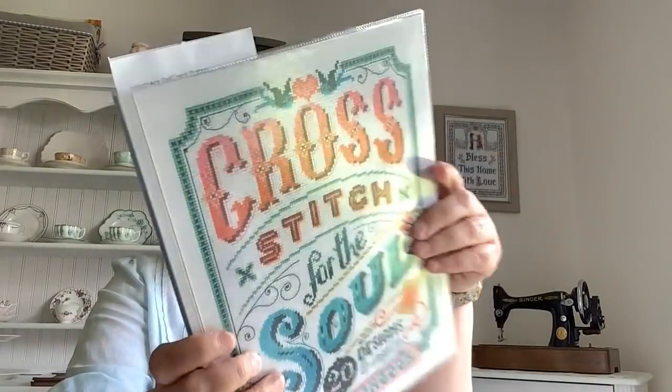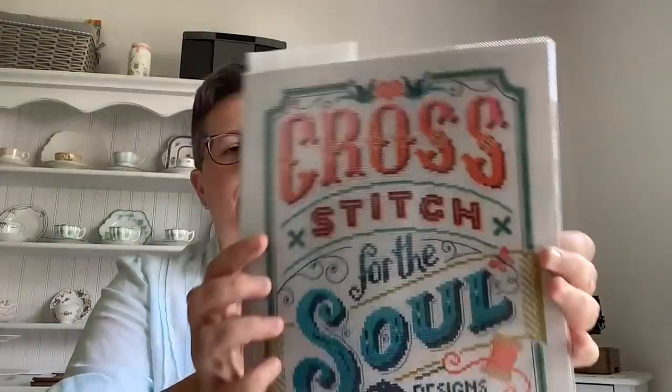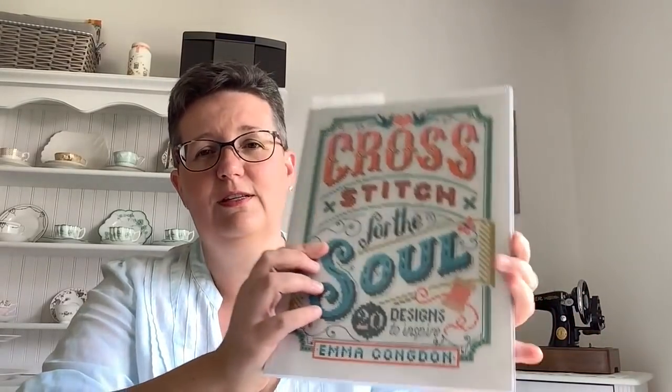So I ordered the book from my local library. You can see the library numbers. And I had a good look through it, and honestly, this book is so beautiful. If you like